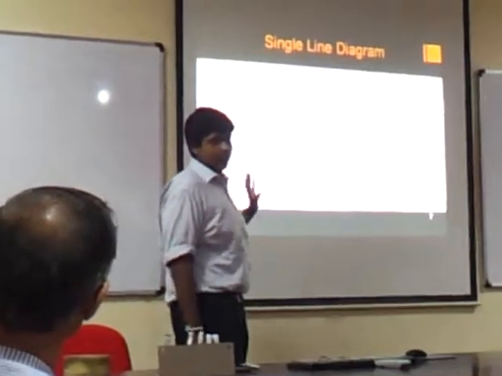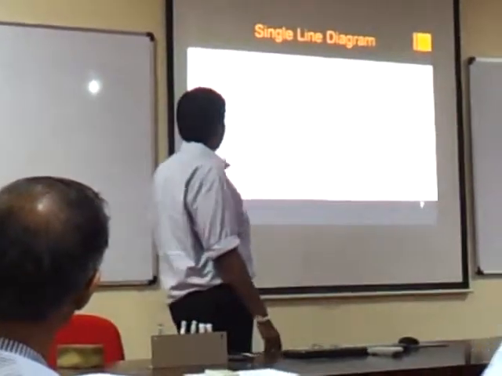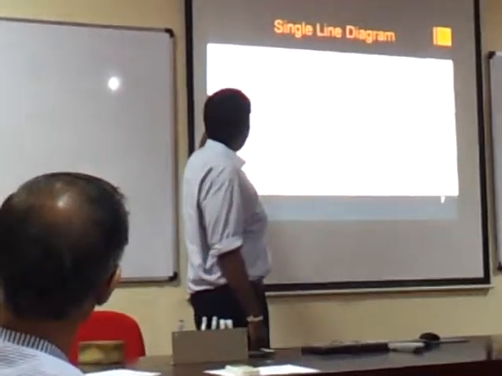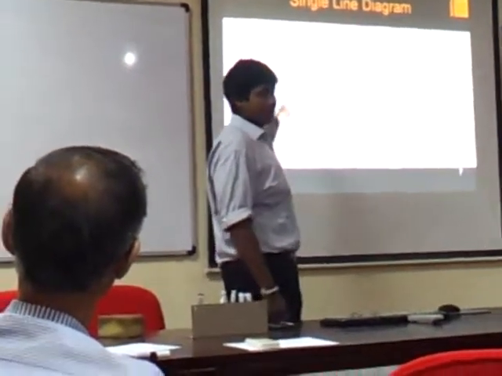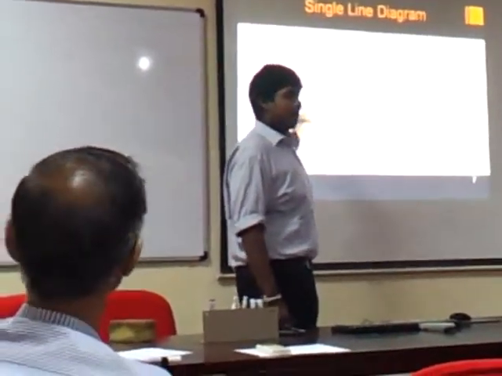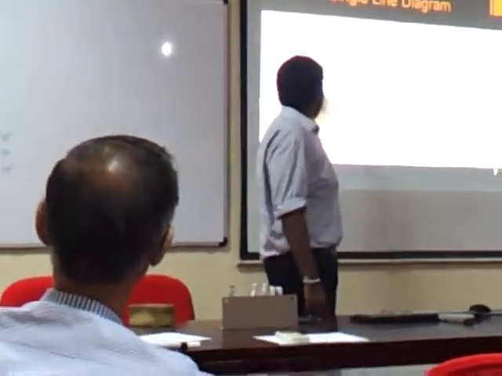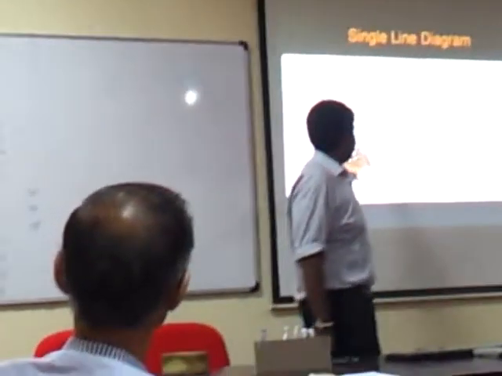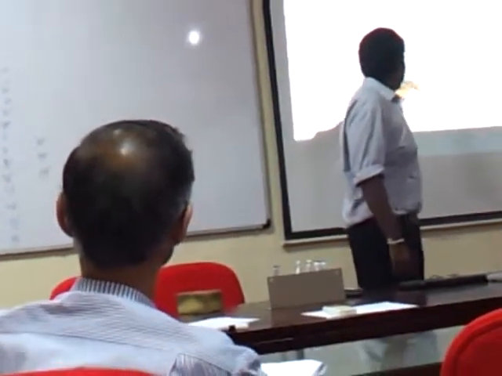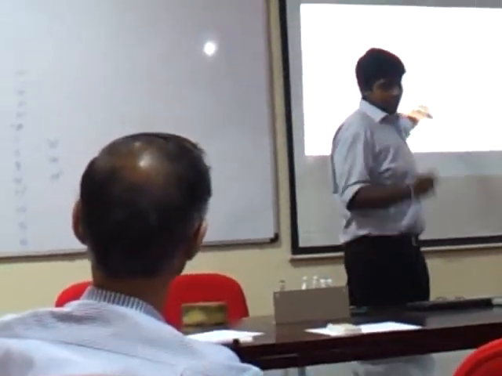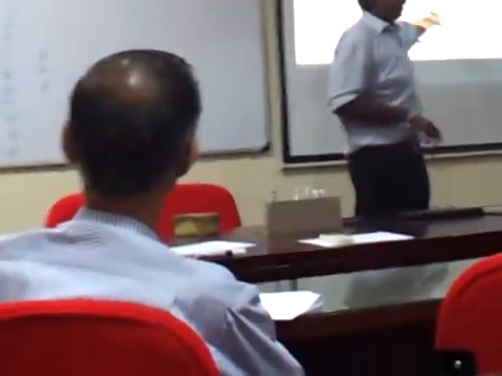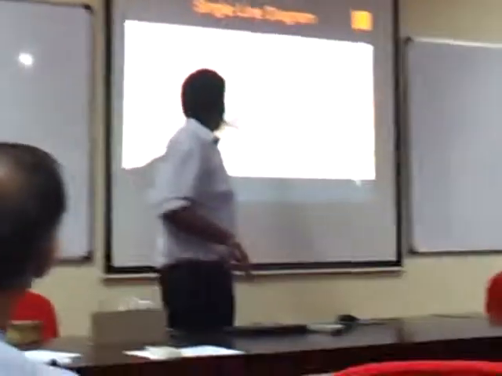This is the single line diagram of our project. As you can see, in blue I have shown what has actually been implemented up to now. You can see the induction motor, the generator, as well as the generator transformer here. Only one line has been integrated, though all the other lines have been created. Only one line has been implemented in the model.